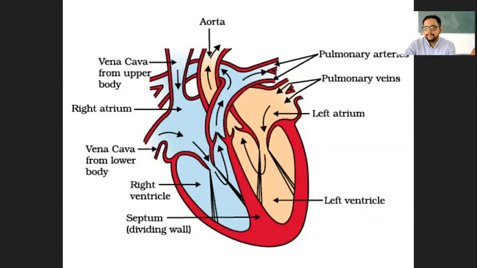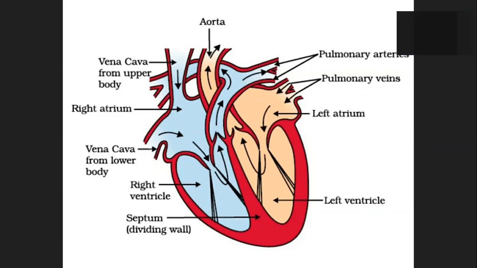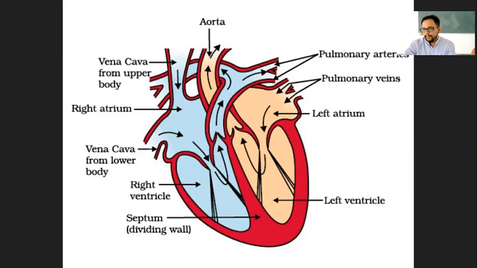Because it holds the oxygenated blood. Yeah, but why does it have to be bigger then? Because it pumps to the whole body, right? Correct. So that's why it needs to pump with force. Yeah, because it has oxygenated blood and that has to be pumped to the body. So that's why these chambers are bigger.